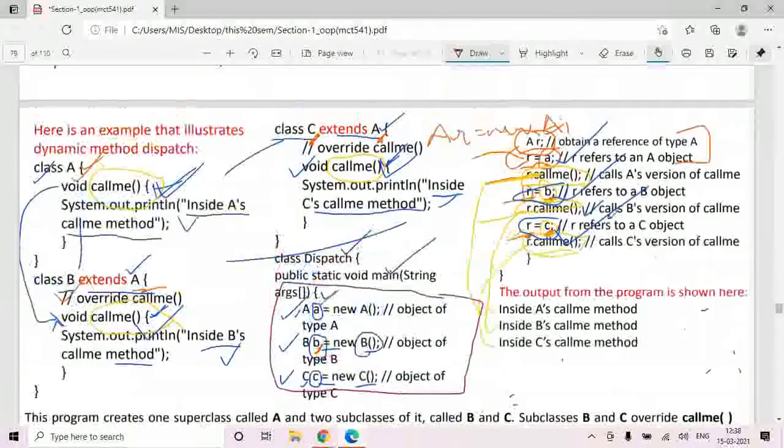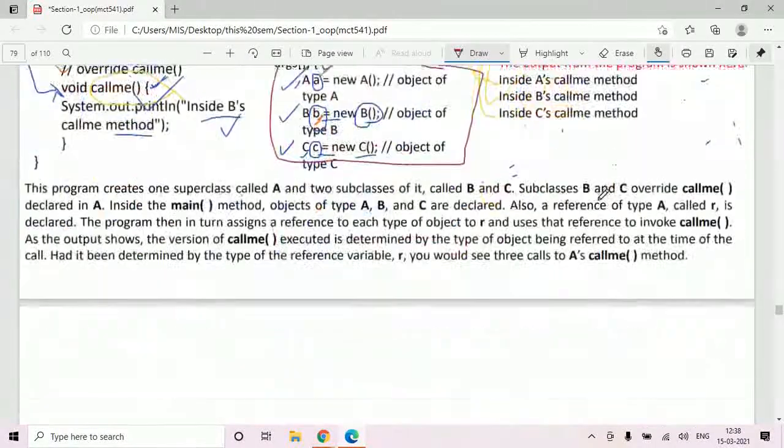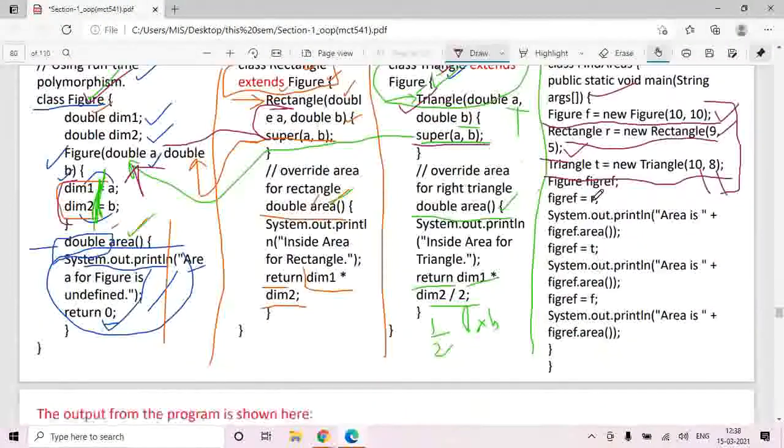Now in the earlier program, first we created a reference of the base class, and after creating the reference of a base class, we assigned different objects to that reference. So here we are creating a reference of a base class.